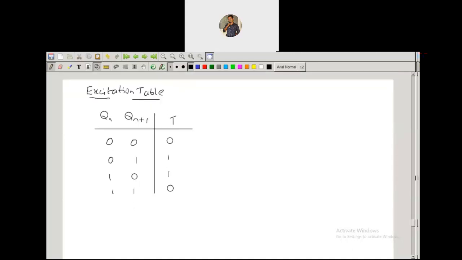So this is the story of the T flip-flop as well as the four flip-flops.